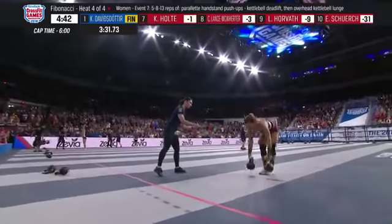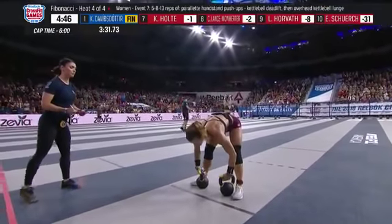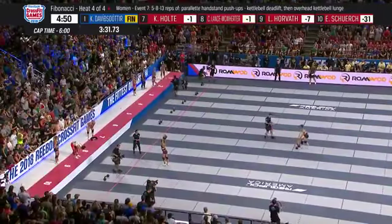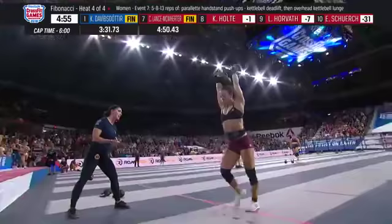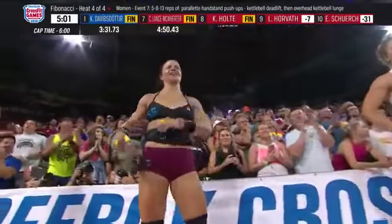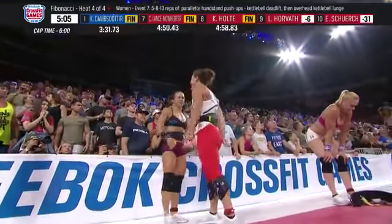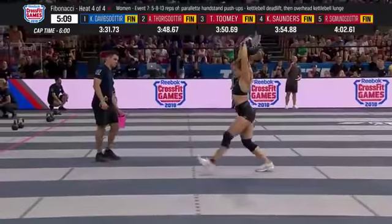And Kristen Holta just gets no rep as she crosses the finish line. Shades of what happened to Tia Toomey last year in that final heat. Laura Horvath is creeping up. More than a minute to go before we hit the time cap, so Laura Horvath can finish here. Right now, she's got to be worried about surrendering second place overall to Annie Thorisdottir as Kristen Holta finishes. Thorisdottir right now, third in the event. That would be good for 88 points, and she trails Horvath by 48 for second place overall,